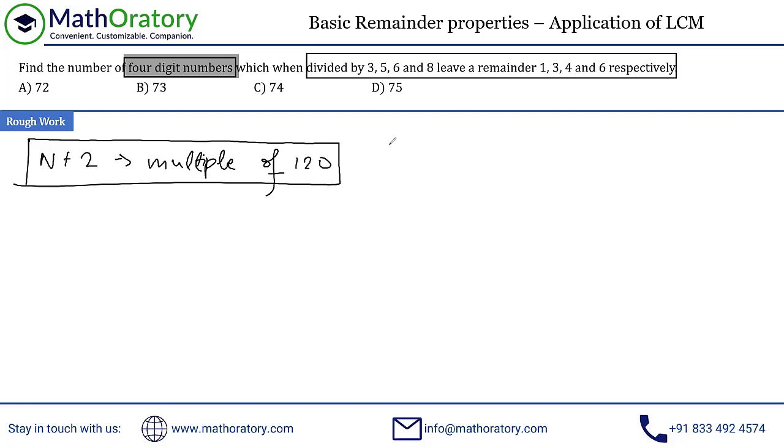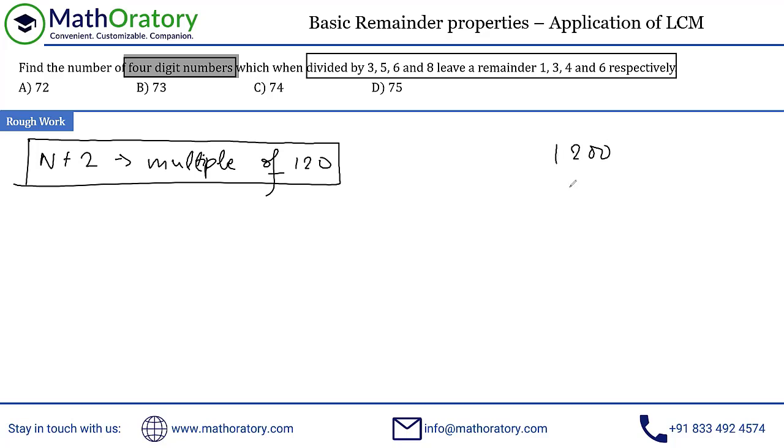So first of all, whenever you're looking for a multiple of a number for any number of digits, think about the easiest one that you know of. By the way, do not forget that we are counting cases for n, not for n plus 2, but we'll start with n plus 2 and then we'll come to n. So for a multiple of 120, which 4-digit number can you think of? 1200, right? I hope that is a number that hits you. If you got 1080, brilliant, but 1200 should be instant. You don't have to think anything.